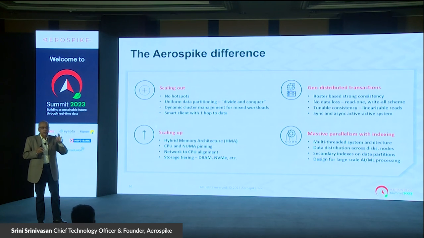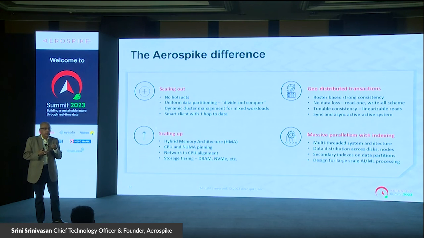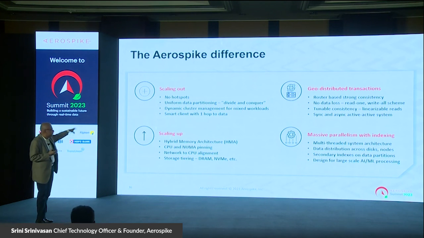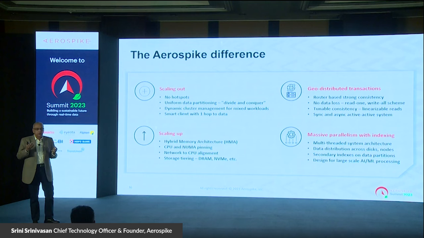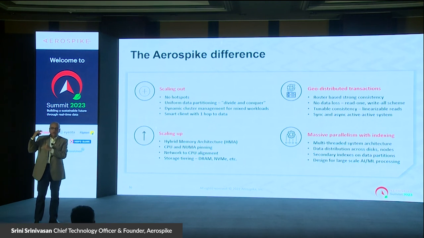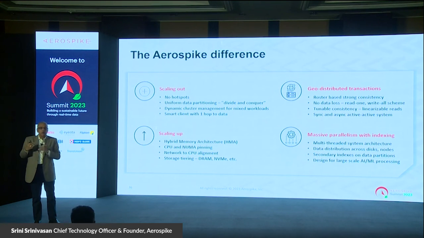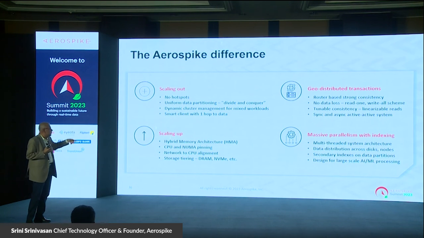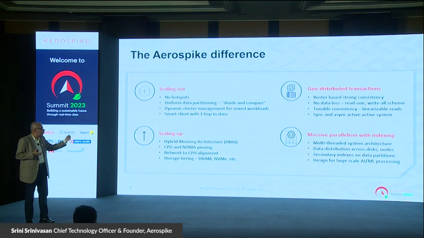I won't go into the details again, but the point is, it is a different kind of concurrency algorithm which improves not just performance of the actual transaction, it also improves availability, because we could now make use of the extra performance capability that we had in our nodes to build these algorithms which use a few more resources, but provide you more availability, better efficiency, and so on and so forth. All of this, of course, needs to work at scale, and that's what the fourth point is. It's about massive parallelism. We continue to keep working on these parallel abilities, and you'll see some of it in the roadmap today.